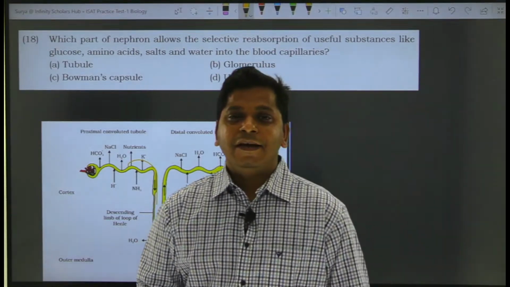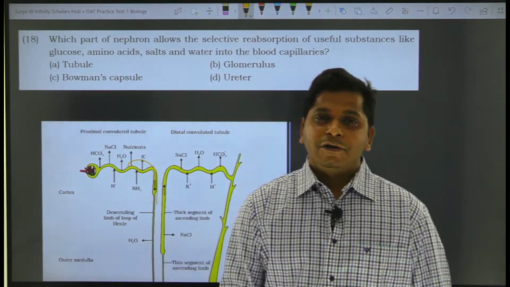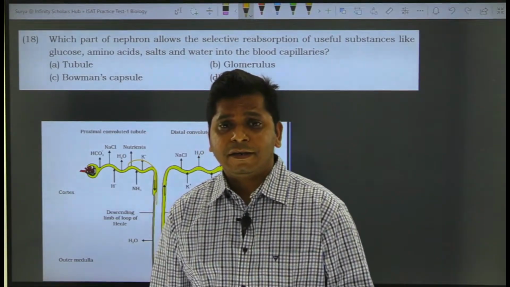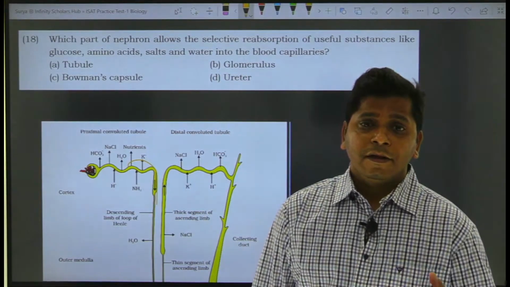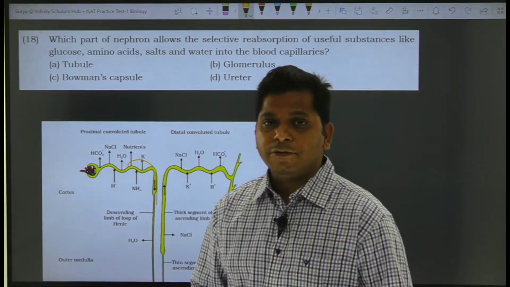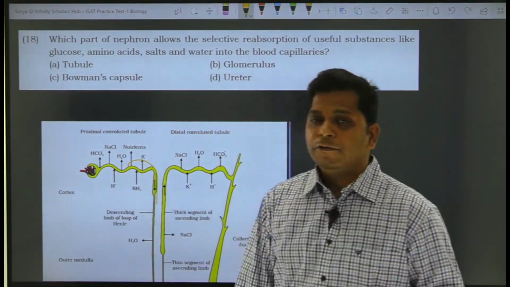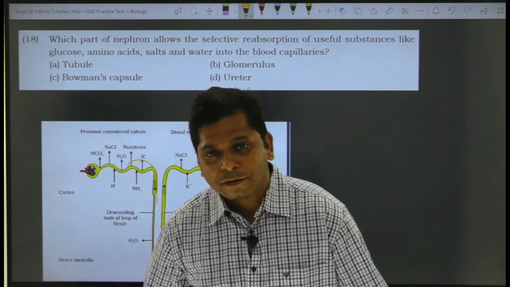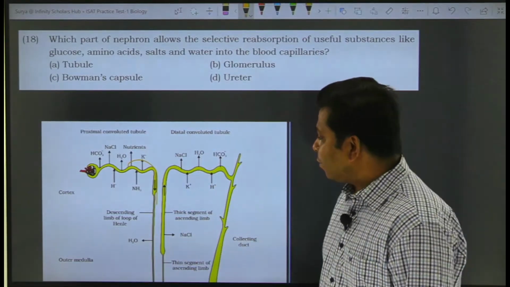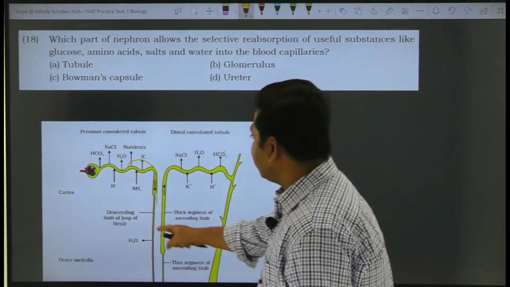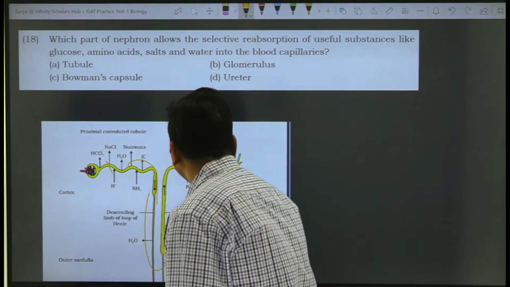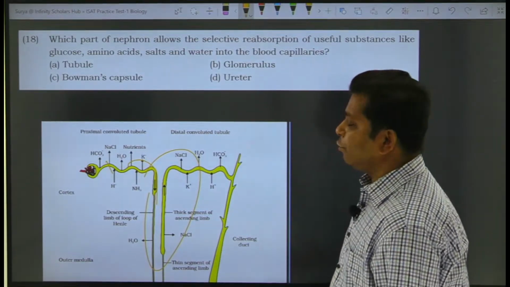We must be hardly excreting out 2 liters of urine per day. So the remaining 178 liters which are produced after filtration, where does it go? It has to be reabsorbed by the body. And where is it reabsorbed? It is reabsorbed especially in the tubular part of the